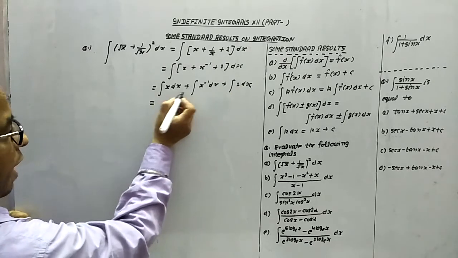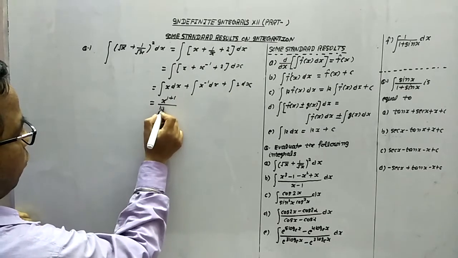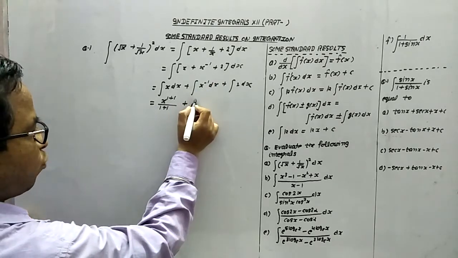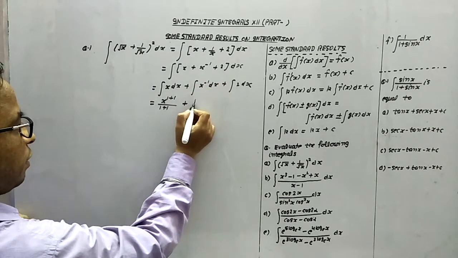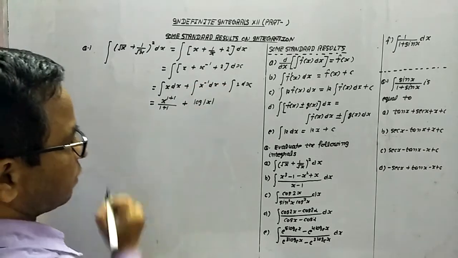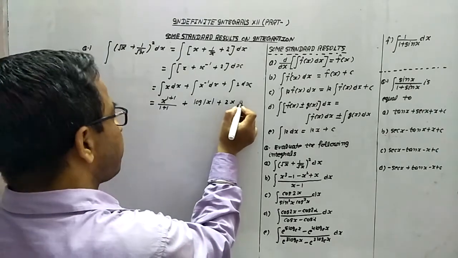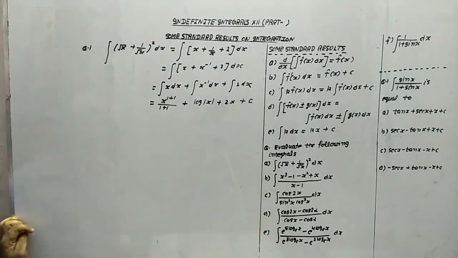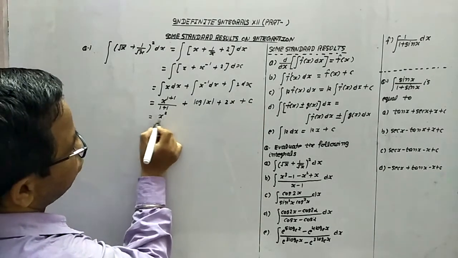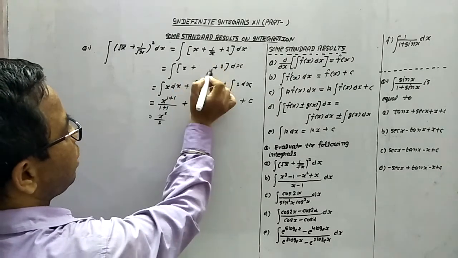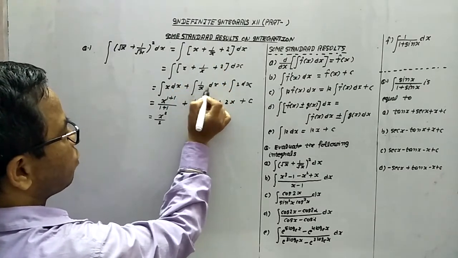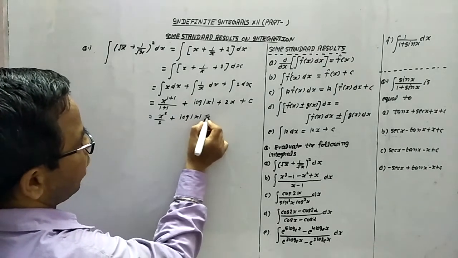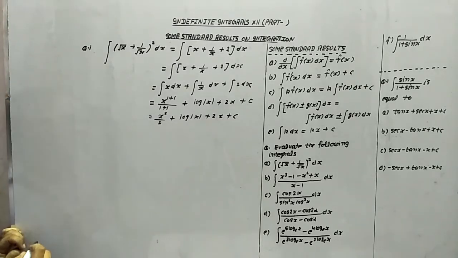Now x raised to power 1 dx means x raised to power 1 plus 1 over 1 plus 1. Now plus x raised to power minus 1, which means 1 upon x only. The integration of this one is log x, and this is plus 2x, and we take the sign of integration only one time. It means this is 2x plus c. So the result is x square over 2. You can write this term as it is, because this is the standard form and directly it will come to your mind. This is plus log x and plus 2x plus c, and this is the answer.